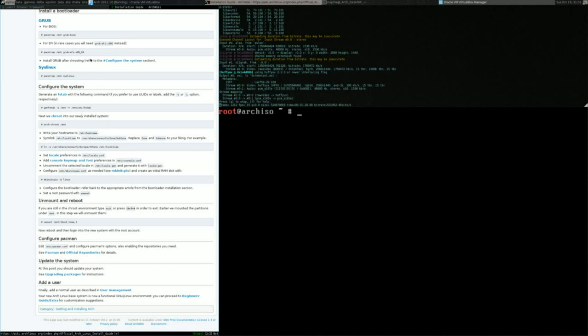So the next step, I never checked out syslinux either. One of these days I might do that. So we'll do genfstab -p, pipe that into /mnt/etc/